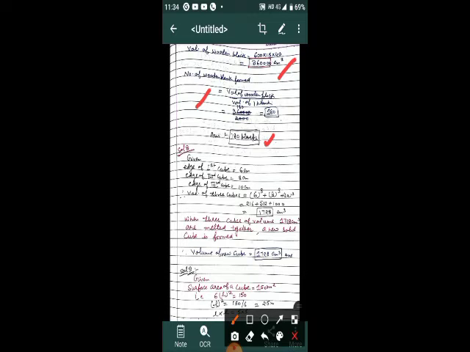Now the question number 8 is given here. 3 cubes, means different cubes are given. Edges of first cube 6 centimeter, second is 8 and third is 10. We have to find the volume of 3 cubes as 6 cube plus 8 cube plus 10 cube, and it becomes 1728. It's 216 for first, 6 into 6 into 6, and 8 into 8 into 8, 512, and 1000 for the 10 cube. So it becomes 1728 centimeter cube.